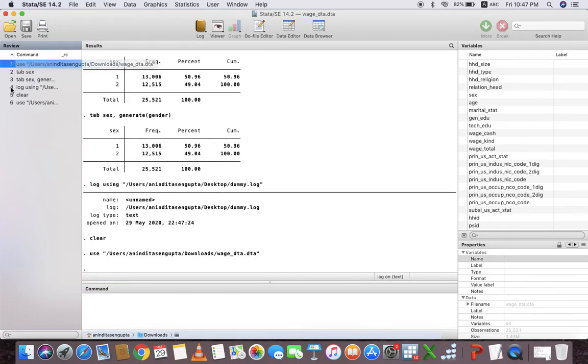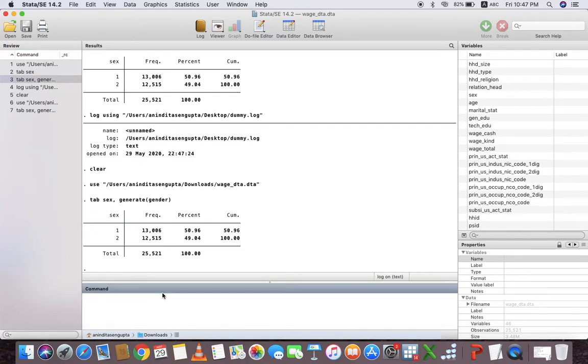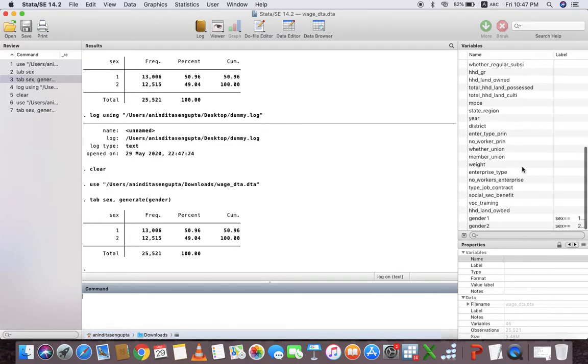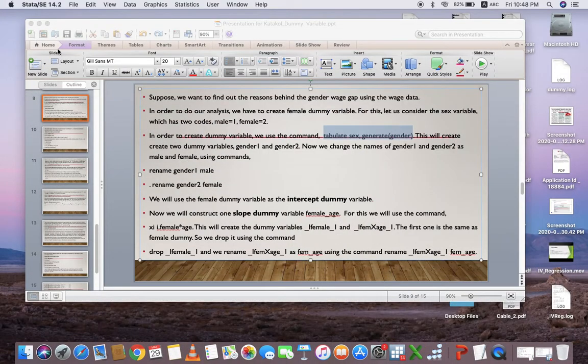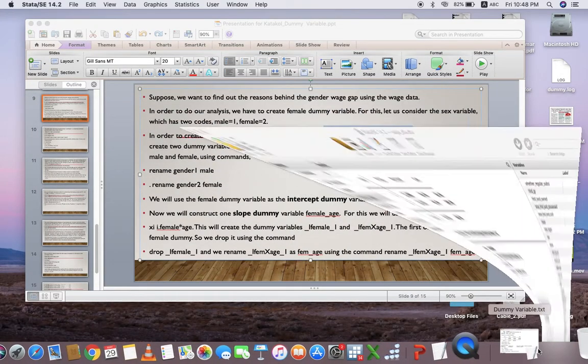Now, once again use the command tabulate sex, generate gender. Here we will see that two variables, gender1 and gender2, are constructed. Gender1 means male and gender2 means female. So, we have to rename them as male and female.